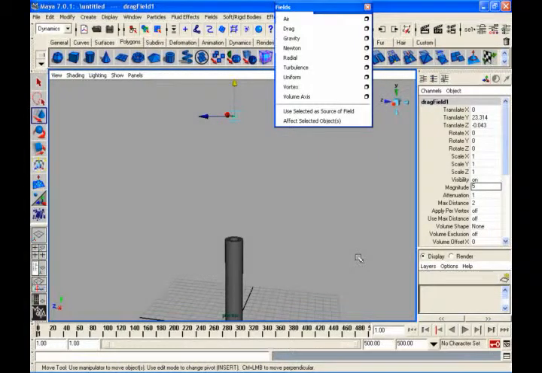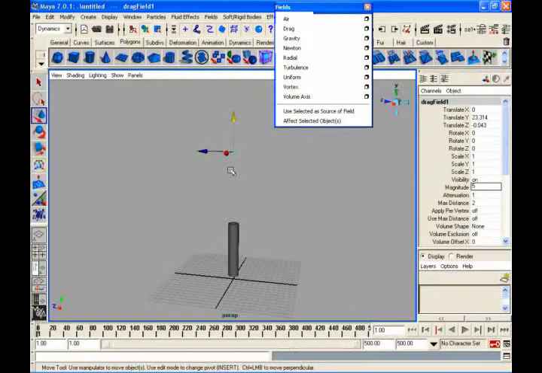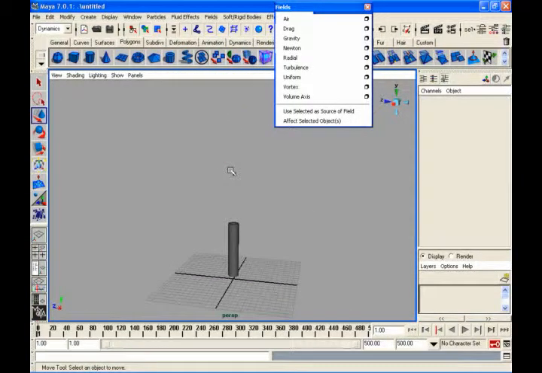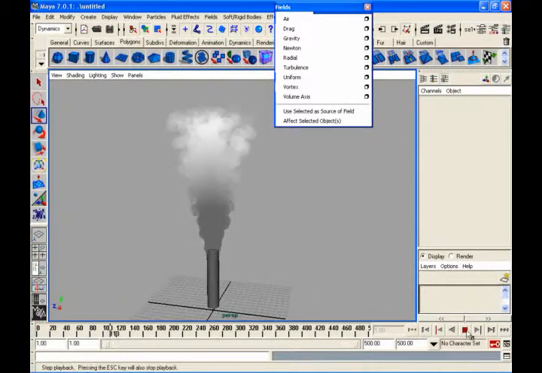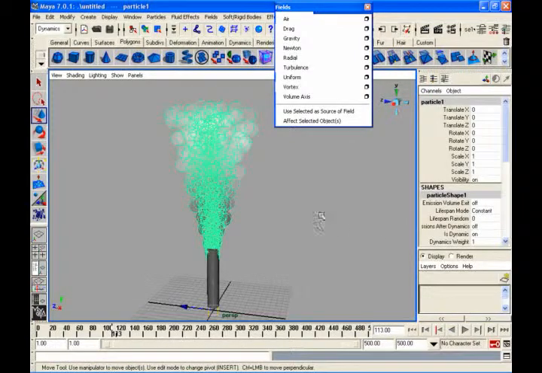Next is your gravity, Newton. What it does is it will suck all the particles into that. Like if I select some vacuum cleaner here, this vacuum cleaner will suck all the smoke into that. I want to create something like that. So this is the vacuum cleaner here. I'll put it there.